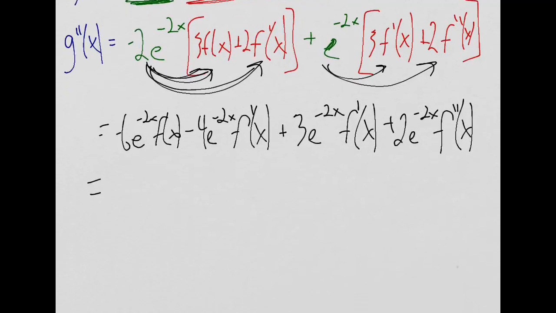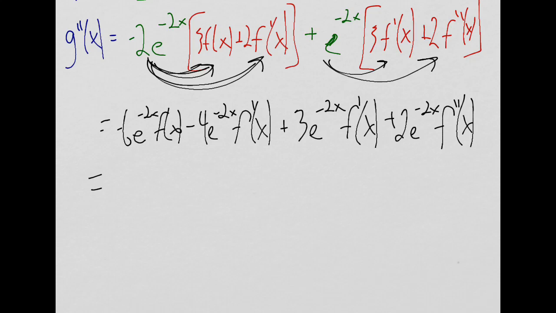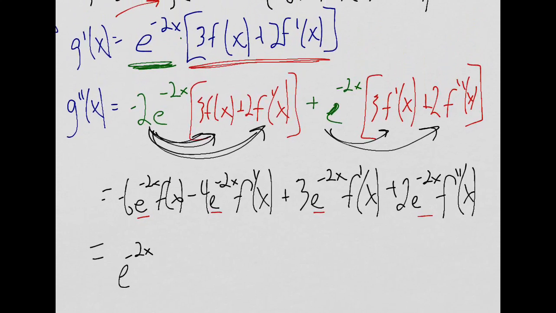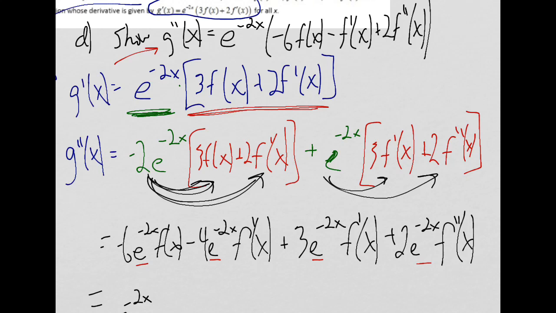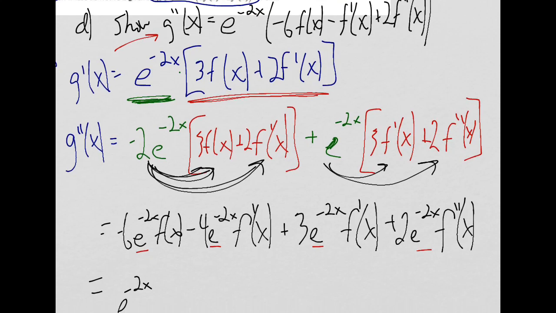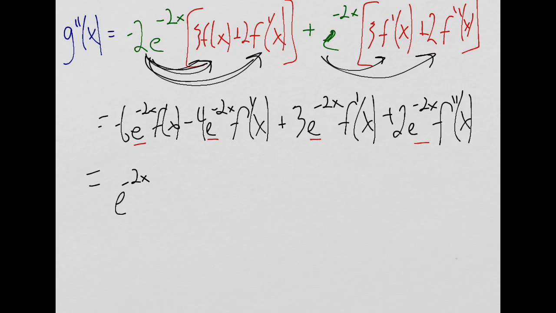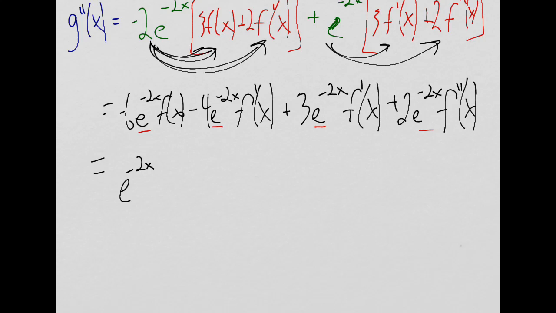Anyway, this is equal to, so I'm going to pull my e to the negative 2x out, because I have that in this term, this term, this term, this term. So I have it in every term. And notice in my goal answer, it's pulled out there. So I've got e to the negative 2x times,